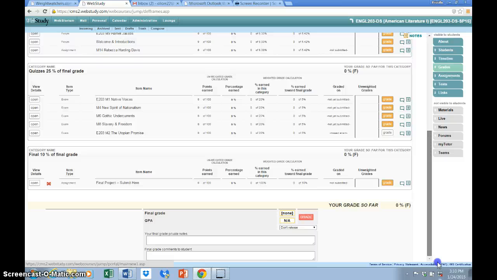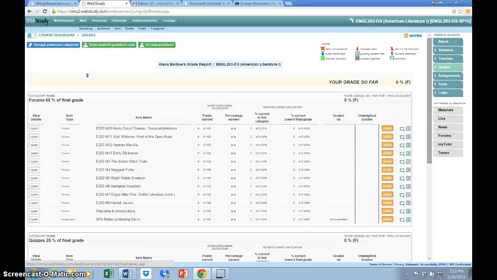I may be changing these modules. Here's what, right now, Alexa, all of you have an F. Why in the world do you have an F? That's because you have not completed all the assignments. And I'm hoping, and I'm saying this because this is a new grade book, new version of the grade book. So your percentage